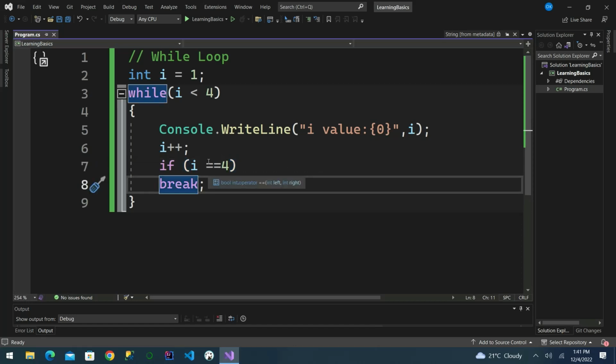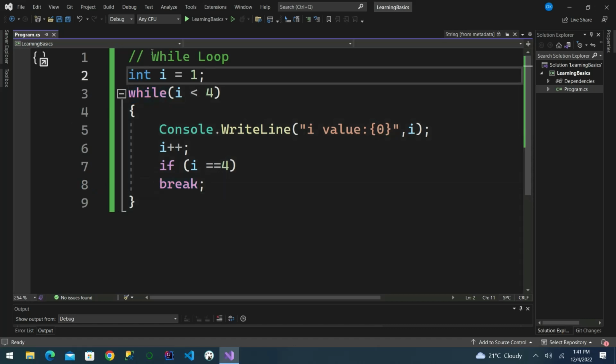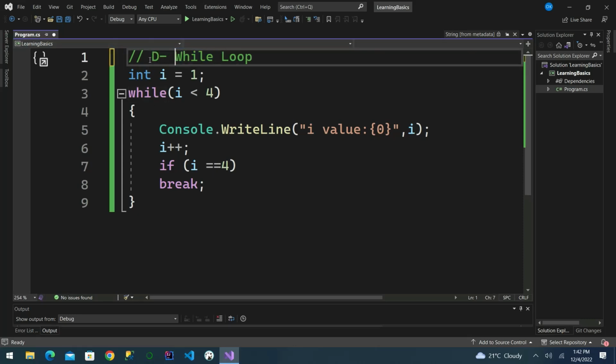So this is how we use break statements with a while loop to terminate the loop's execution based on what we have defined. So another thing that you might need to understand is something called the do while loop. So in C#, the do while loop is used to execute a block of statements until the specified expression returns false. Generally in C# the do while loop is the same as a while loop, but